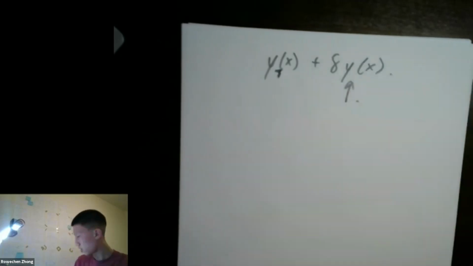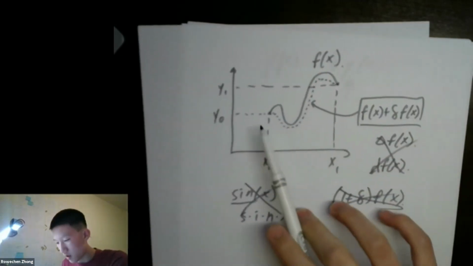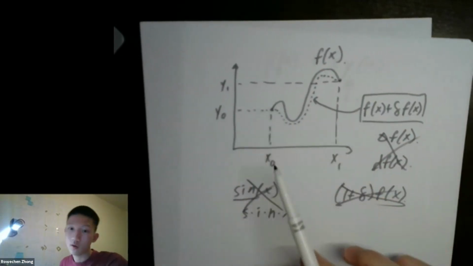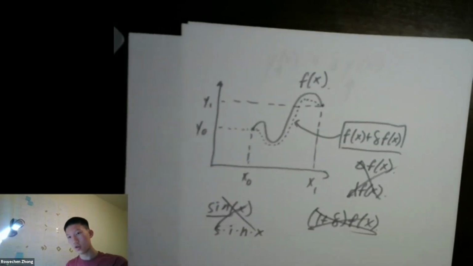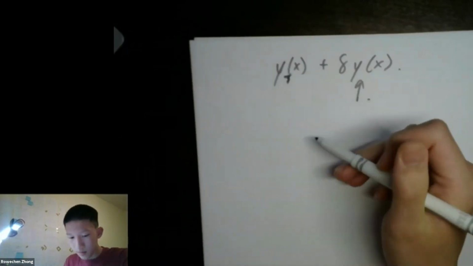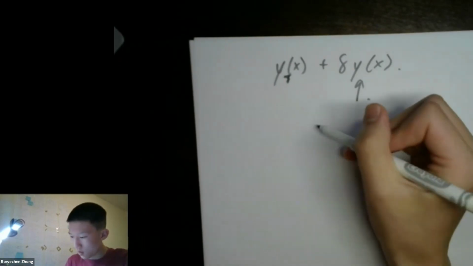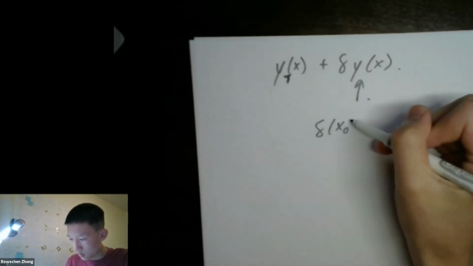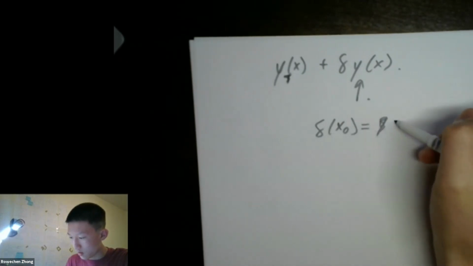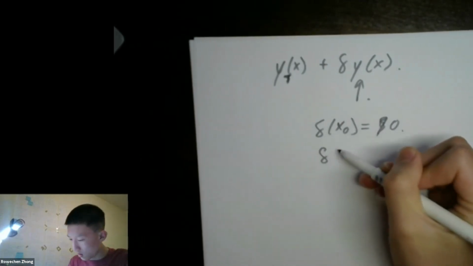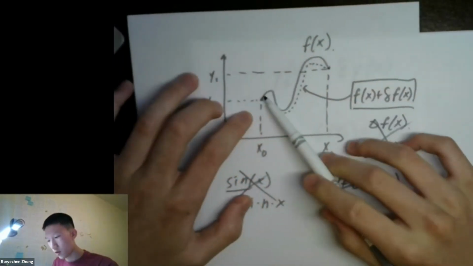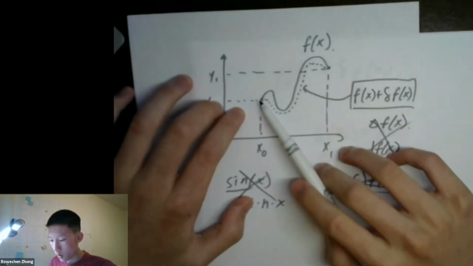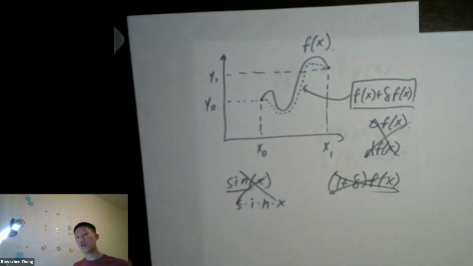What are some properties of this? Well, something about the calculus of variations is that the end points are always fixed. x0, y0, x1, y1, fixed, right? For example, we always have the starting condition and the ending condition. So if we're going to try to add a function to this, it's got to preserve the beginning and ending. So delta y of x0 must be equal to 0, must not change, and delta y of x1 must be equal to 0. Because think about it. What we did was we took this function over here and we added a second function. And we want to make sure that these 2 points don't move. Those have to end up being 0.